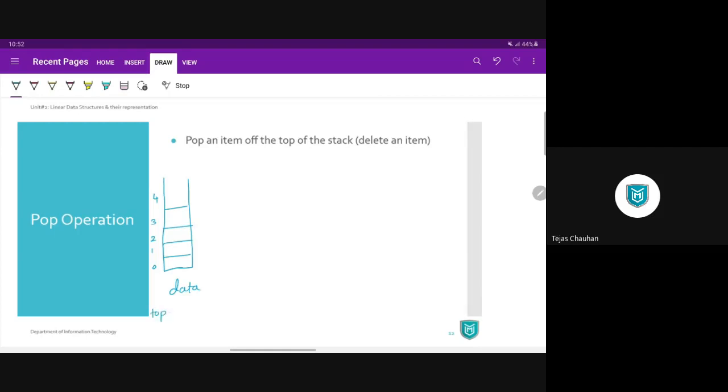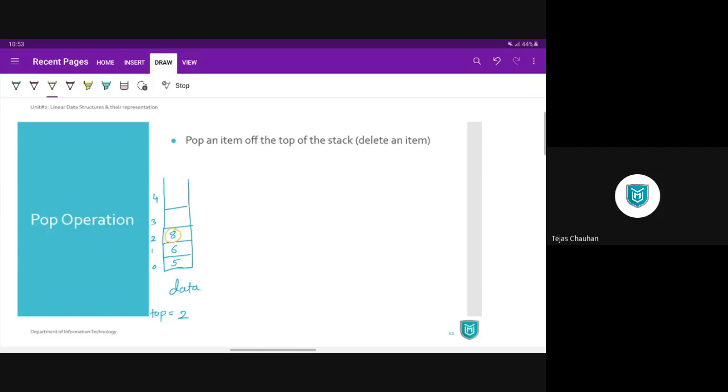Your top is pointing to some index. Let's say top is already 2, which means there will be a total of 3 values, let's say 5, 6 and 8. Wherever top is pointing to, you will find the latest value there. So if top is equal to 2, then on index 2 you will have the topmost value, which is 8, and that will be the value to be deleted.